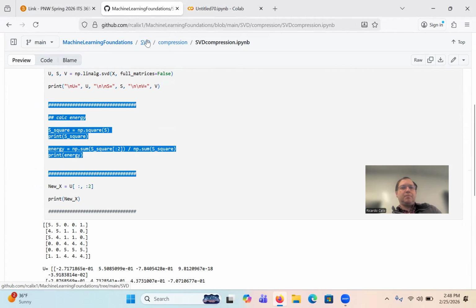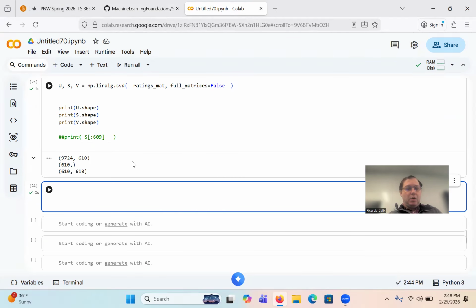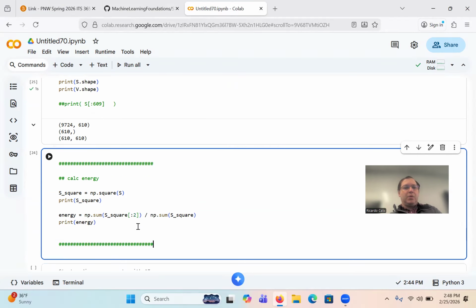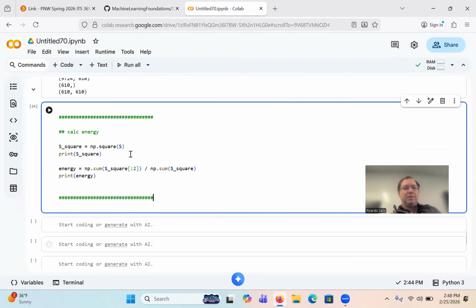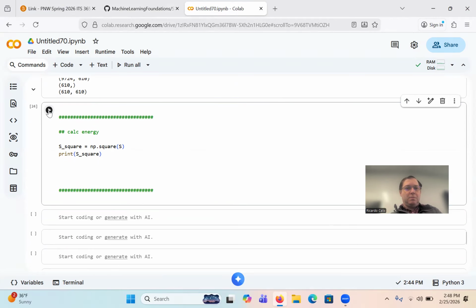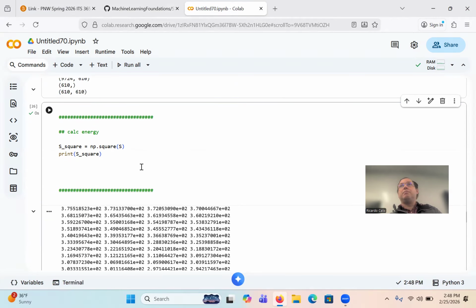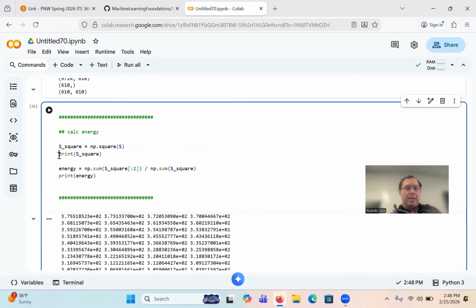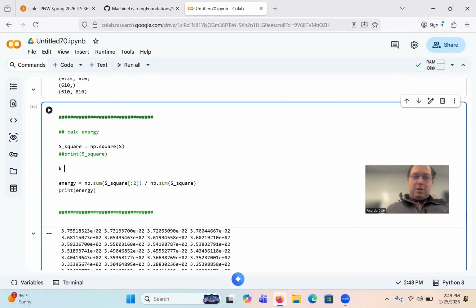All right. So we can go over here then. So NP, we have S. We square it, so let's see that part first. Okay, they're squared in a vector, right? If you remember, we did that. And then I'm going to just select a K. Let's say my K is going to be equal 2, and I'm going to plug that in here as K instead of 2. Okay, so if I run this,